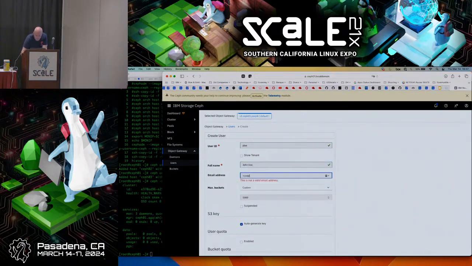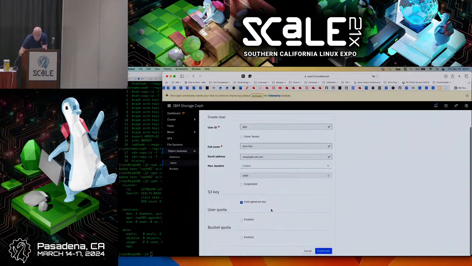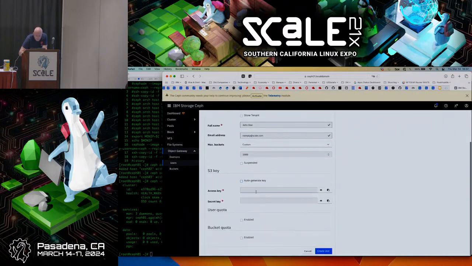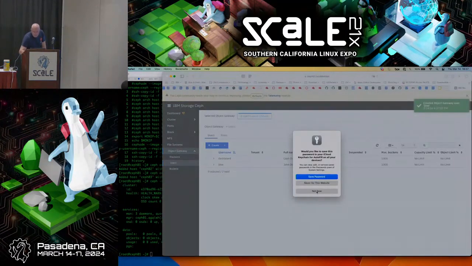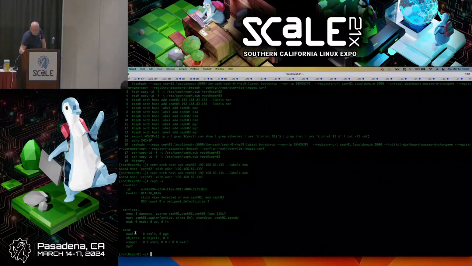Okay, email address. And that's where it becomes auto. I say, don't auto-generate the keys. I'm going to show you the keys. You're going to see they're super complicated. Very secure, right? No one, the first one that guesses, I'll go after you. Okay. So, no, I don't want to store that. So we created that, and